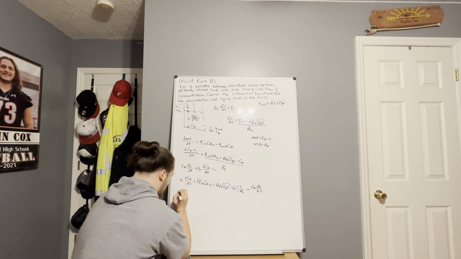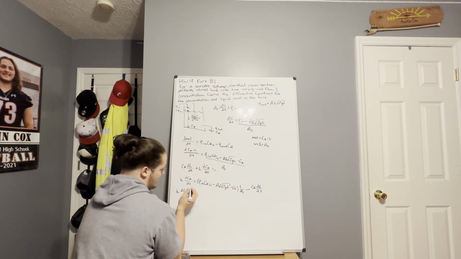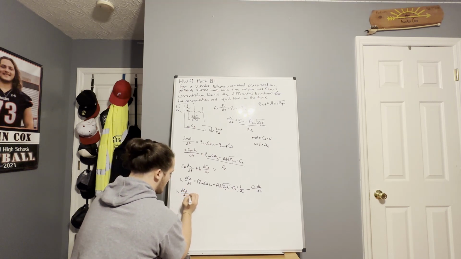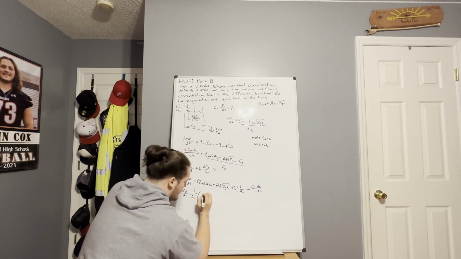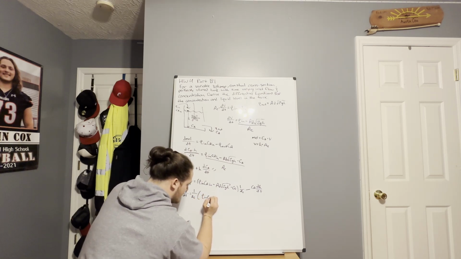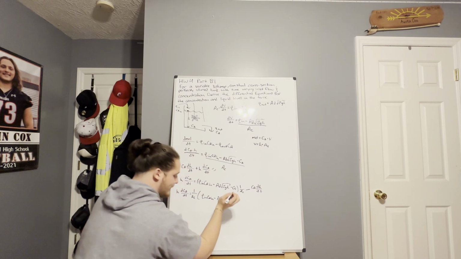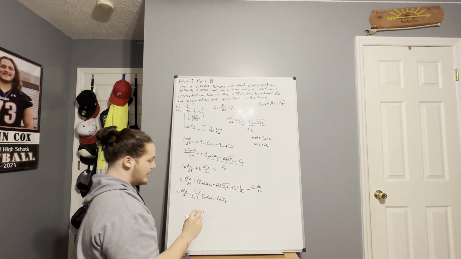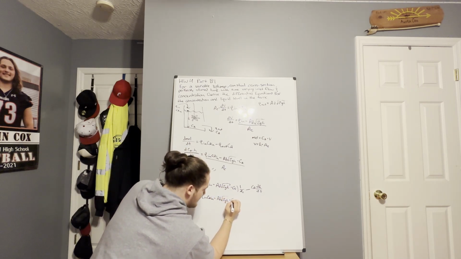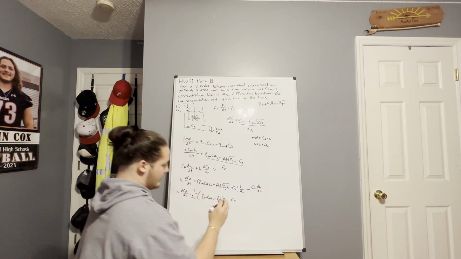So we can rewrite this as our height times the rate of change of our concentration over time is going to be equal to 1 over our cross-sectional area times the rate in times the concentration in minus the drainage hole area times the velocity times the concentration,